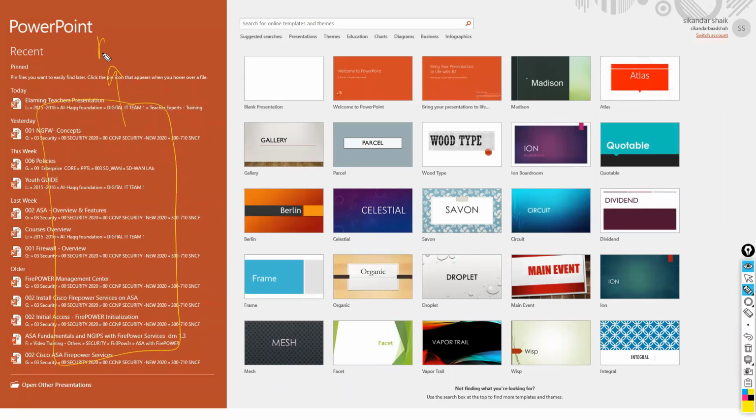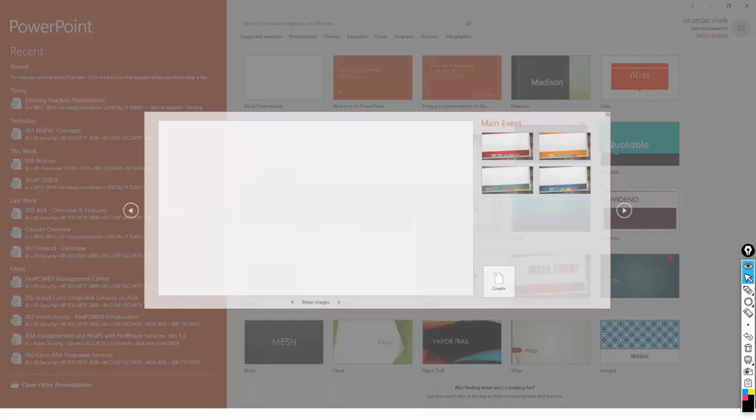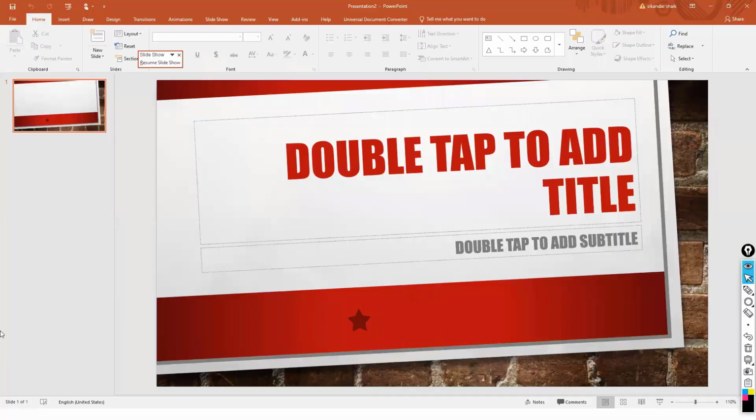where I can select all my recent files, which I have closed. You can go with a blank presentation, or you can go with any of the pre-designed templates. So there are some predefined templates which many people generally use. Like if I select any of these templates, they have the pre-designed template where I can just go ahead and